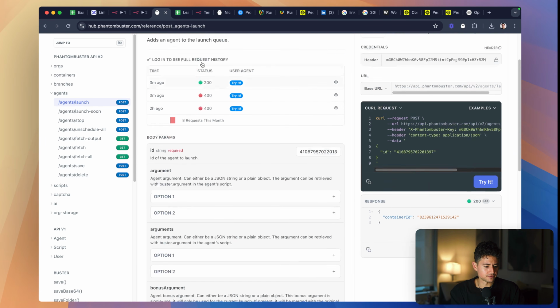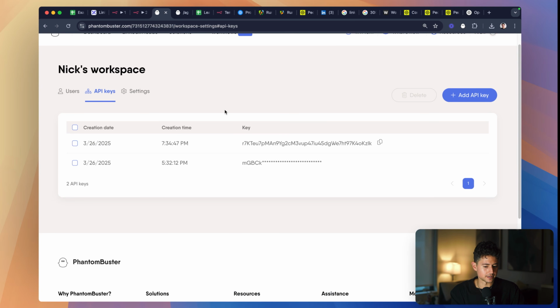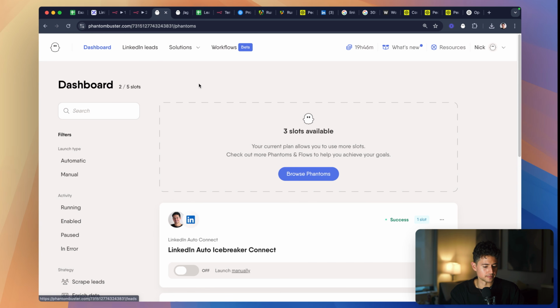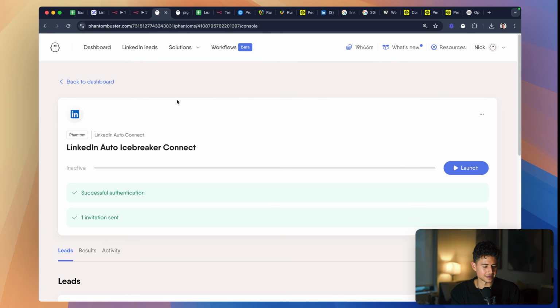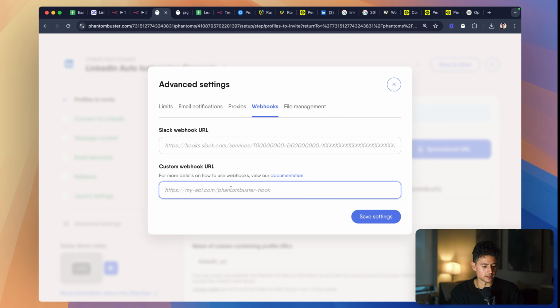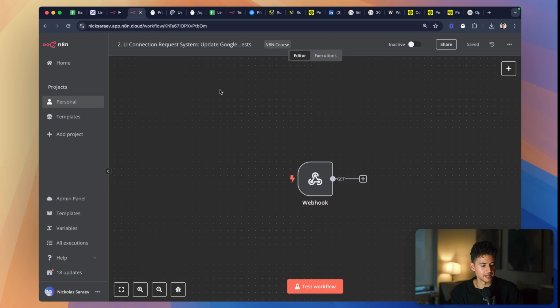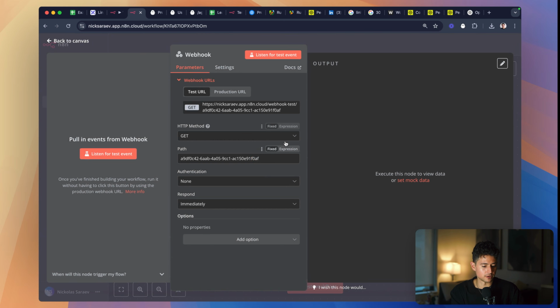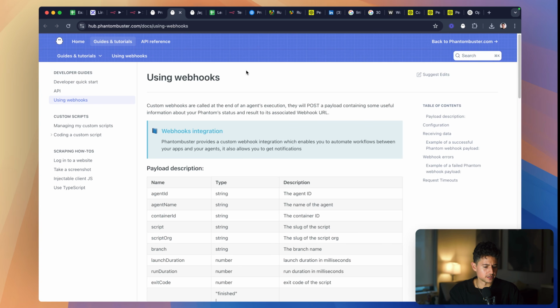But now what I have to do is figure out how to send a webhook. I know that you could send a webhook somehow. So I'm going to go back to dashboard, go back here, and there's got to be a way to send a webhook, right? Advanced settings probably. Yes, there it is, webhook. Cool, custom webhook URL. So now I'm going to go into N8N. I have a little webhook set up. And what I'm going to do is,